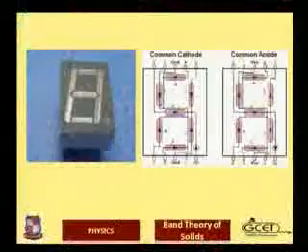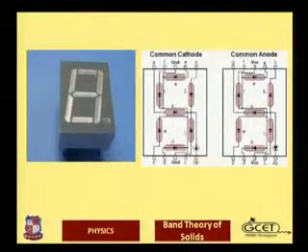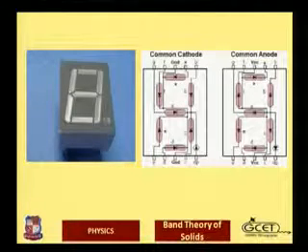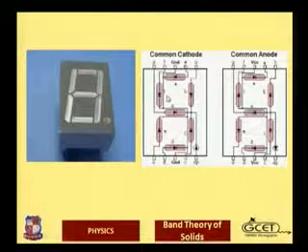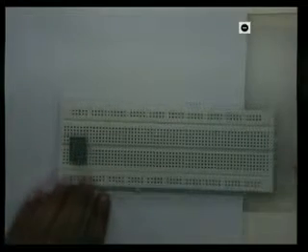Now the next application is the 7-segment display. The 7-segment display is a well-known application of the LED. One can see here in the slide that there are 7 segments for one letter. It is actually an alphanumerical letter. This is a number LED, and that's why 7 segments are used to display a letter. There are actually 2 configurations for this type of LED. One is common anode, another is common cathode. One can see here, this is the 7-segment display which can be used to light up the LED.